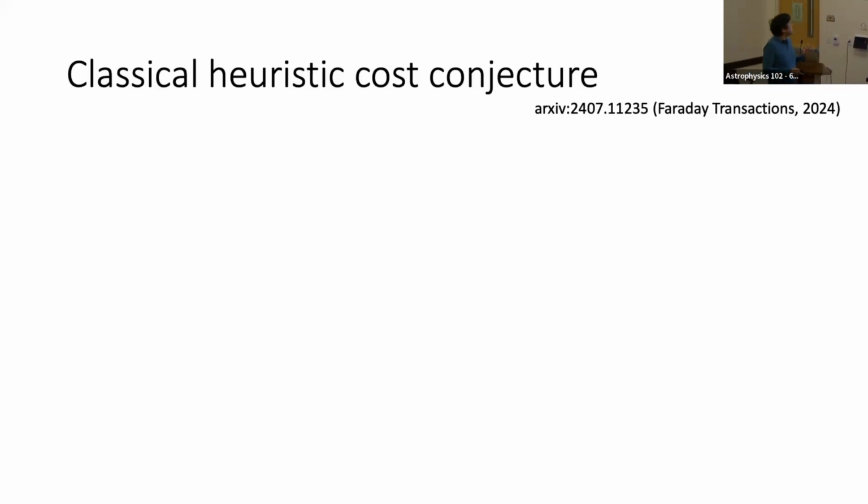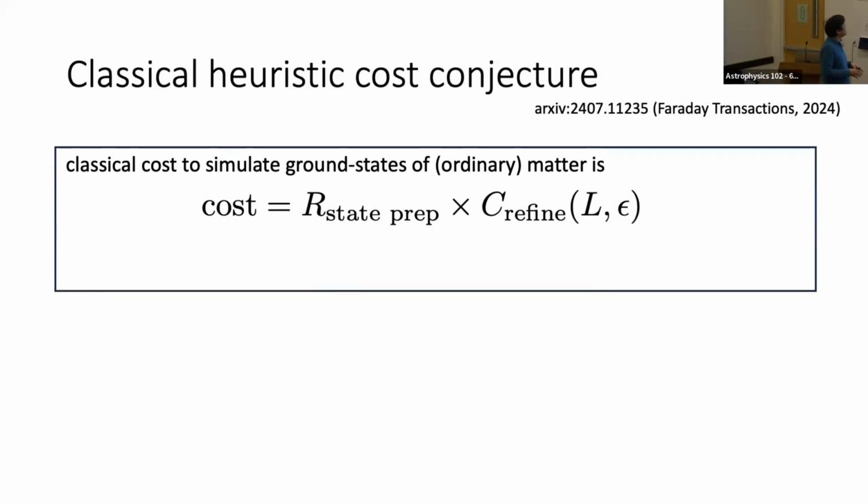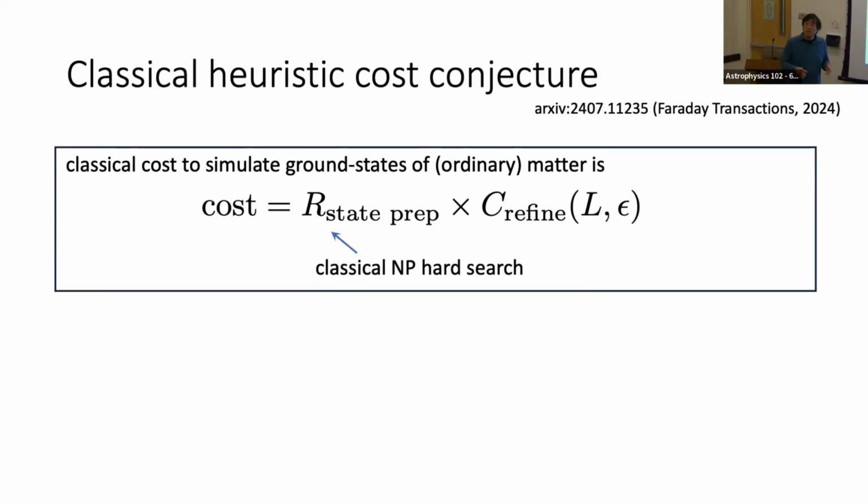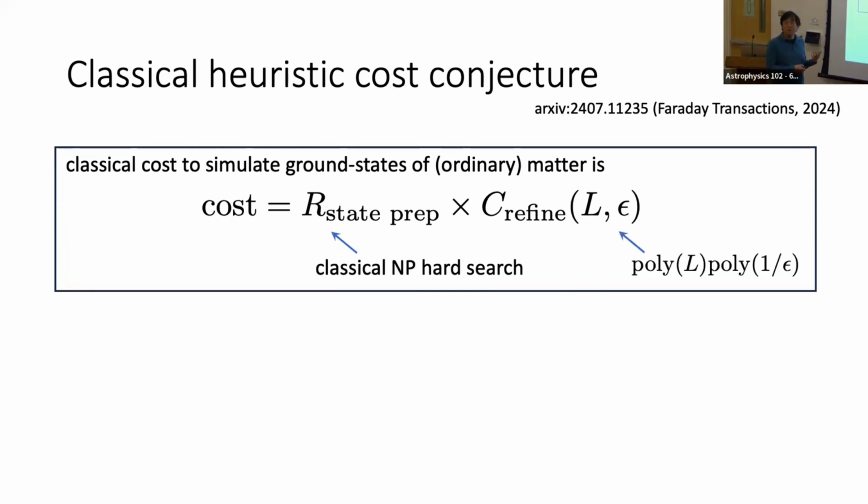I think in essence, what I'm trying to say, and what is a working hypothesis of someone who does numerical simulation, is that the classical cost to simulate the ground state in this sort of ordinary matter takes the following form. The cost has some prefactor, which is associated with doing some search over the type of order you think you might be in, so some search over these classical descriptions. So you expect it to be some kind of NP-like complexity. Then, starting from that starting point, you apply some heuristic to get a qualitative answer, so you refine the result. One can find numerical evidence, and I give numerical evidence here, that the cost of this refinement is polynomial in system size and polynomial in precision. So I call this a conjecture about